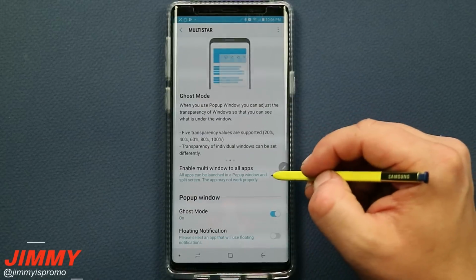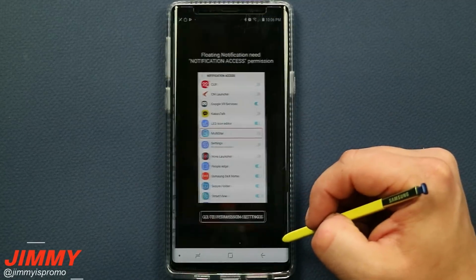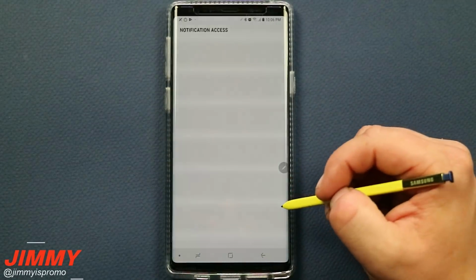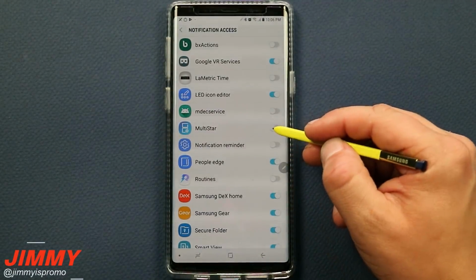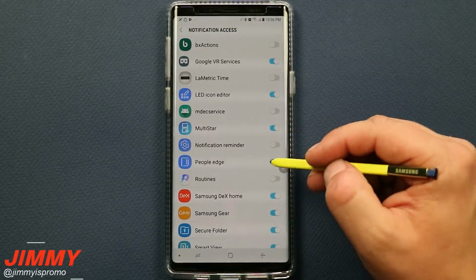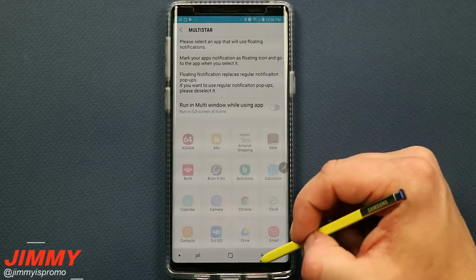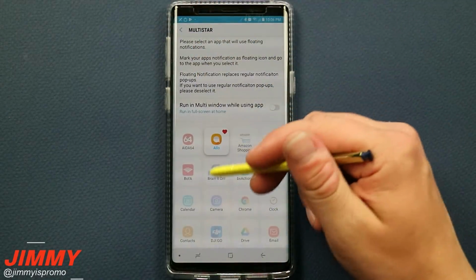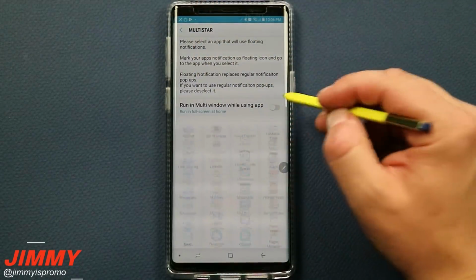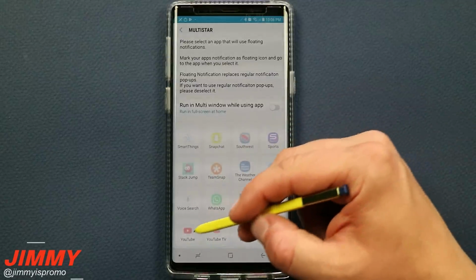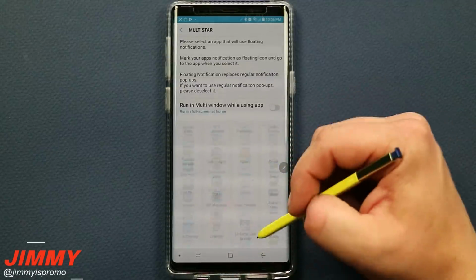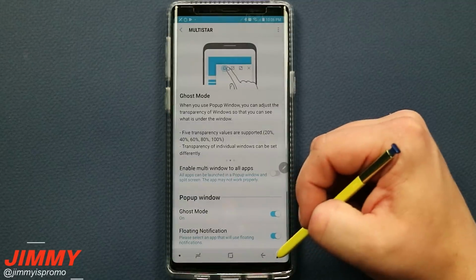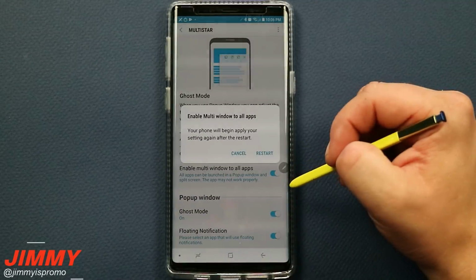But before I restart the phone really fast, I do want to turn on this floating notification, and you do want to go to your permission settings, and you do want to find MultiStar. And once you give it the notification access to where you're going to see small little notifications and small little baby windows, you can choose which applications are going to pop up with a little floating icon. So let's say we maybe want to use YouTube, Snapchat, and then Allo. Then you just want to hit that back button,